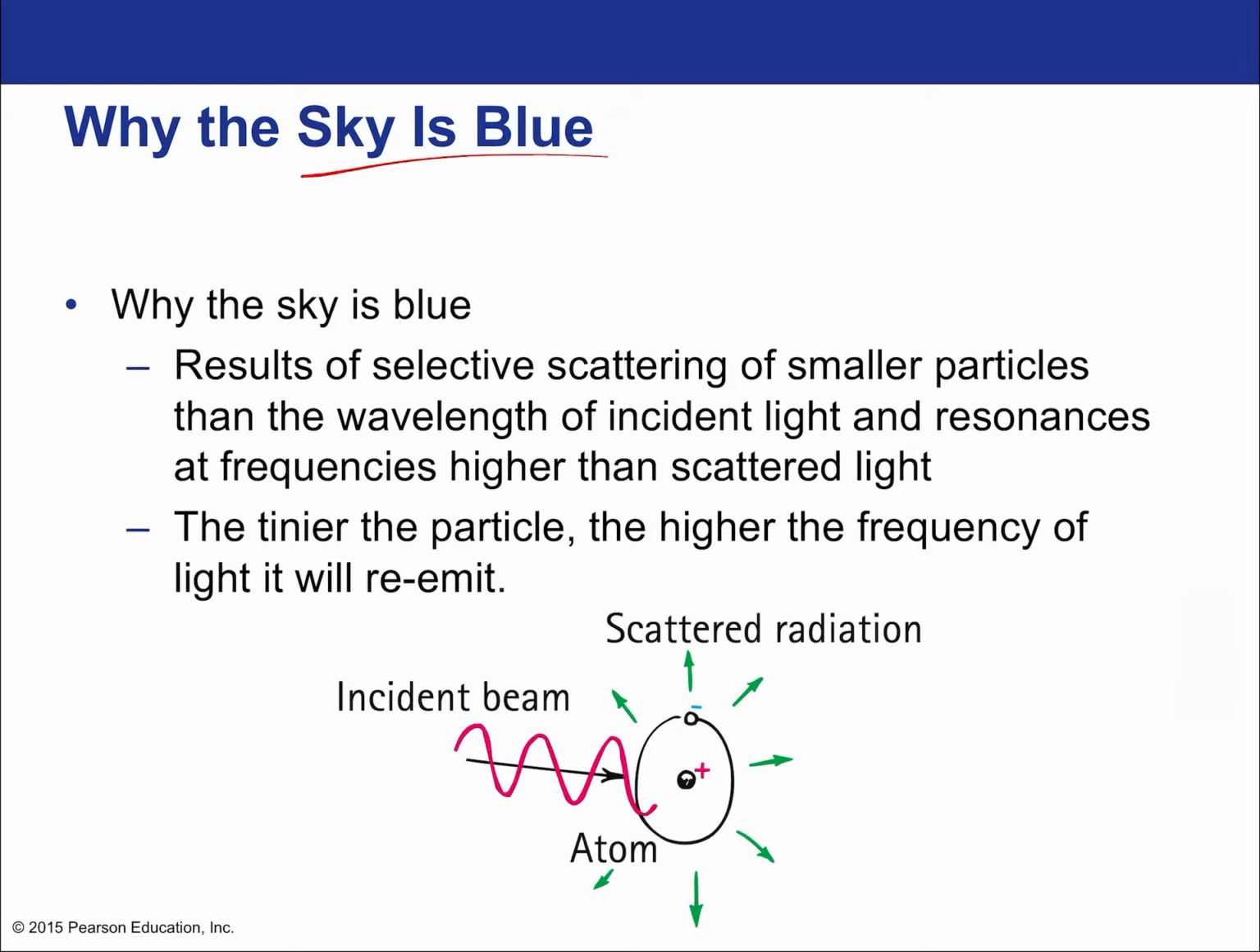Okay, so the idea here is that in general, smaller particles scatter shorter wavelength light. So smaller particles scatter shorter wavelength light. And what's the shortest wavelength light? Blue. Okay, and so since the atmosphere is primarily going to be composed under most conditions of very small particles,